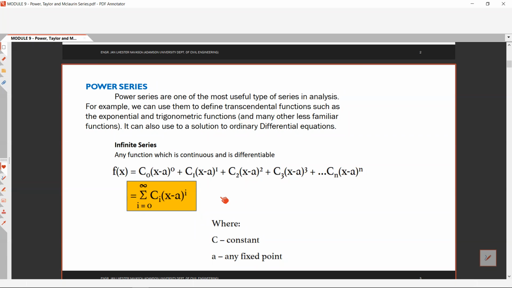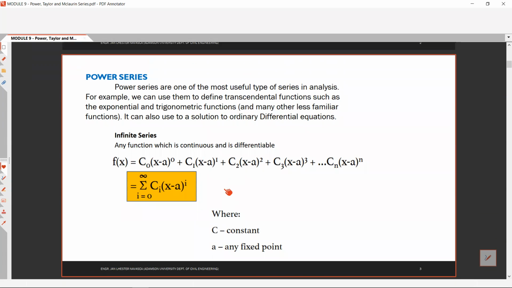Okay, in using summation from i equals 0 to infinity, summation of c sub i (x minus a) raised to i. So we are going to find the constants, yung c, yun yung constants, and yung a is any fixed point